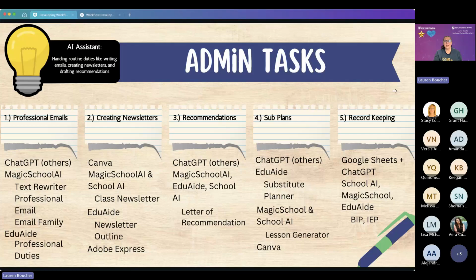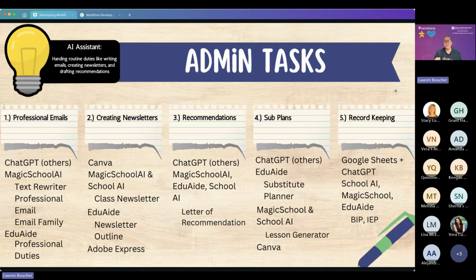And then next, record keeping. Google Sheets and ChatGPT. I have become a tad bit obsessed with app scripting the back of Google Sheets, and I'm going to show you one that I've done. But that allows you to create these completely customized spreadsheets that will pull from different forms that you've created. I know Stacy had mentioned in the chat about keeping up with forms. We can script all of that.